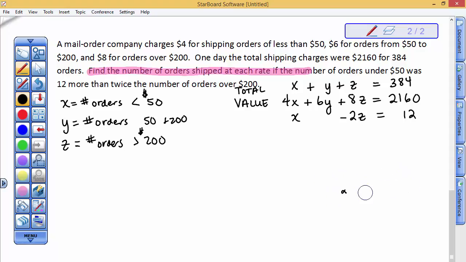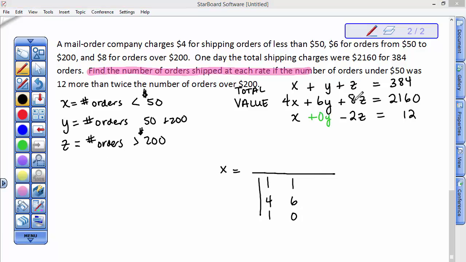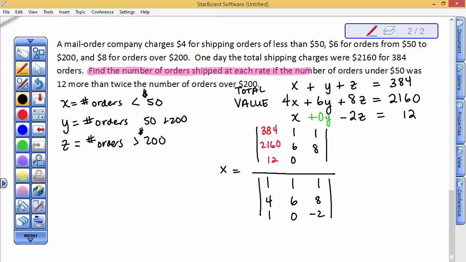So let's go ahead and I'm just going to set the determinants up. So the denominator would have a 1, a 4, and a 1 right here. The middle column would be a 1, a 6, and a 0 right here because there is not a y term. I'm writing it in green because it's just not there. I'm writing it kind of lightly. And then a 1, a 8, and a negative 2. Upstairs, I'm going to have these big old numbers, the 384, the 2160, and the 12 in the first column, but then I'll bring up this 1, 6, and 0 right here, and this 1, 8, and a negative 2,